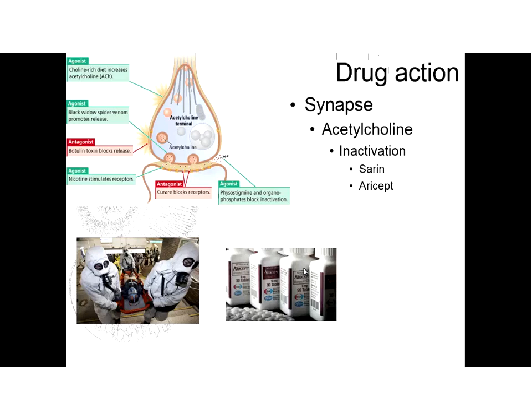Aricept is a drug used to treat Alzheimer's disease, and it momentarily binds or inactivates acetylcholinesterase, so that although there's a reduction in acetylcholine in Alzheimer's disease that translates to these memory problems, we can momentarily increase acetylcholine, not to the level where you're going to see that rigid paralysis,